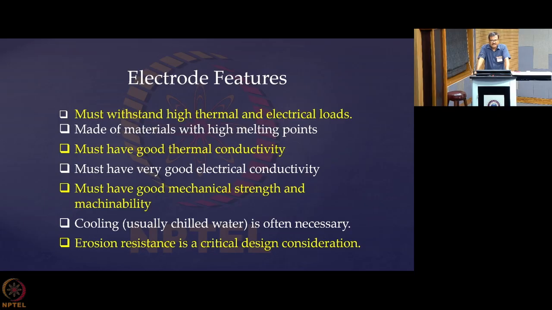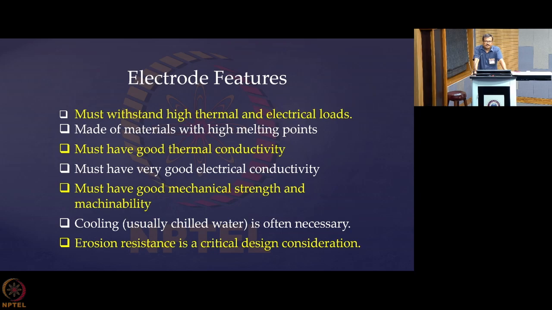They must be able to withstand high thermal and electrical loads. Of course they have to, because you are dealing with very high temperature, as we mentioned at the beginning, that the temperature is 20,000 degree Kelvin or around that. It may occur in operation of such devices. And electrical loads, of course, these devices usually carry very high current. For example, the arc devices can go up to 1 mega ampere in certain cases, and a few hundreds of amperes are very common in arc plasma devices.